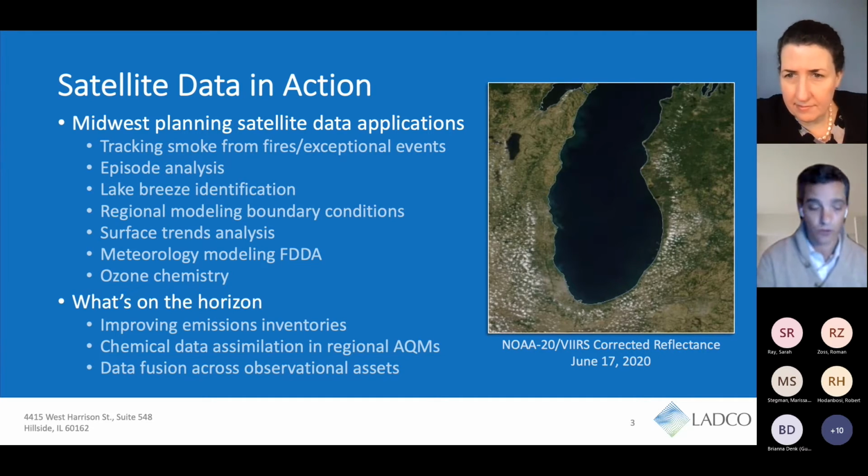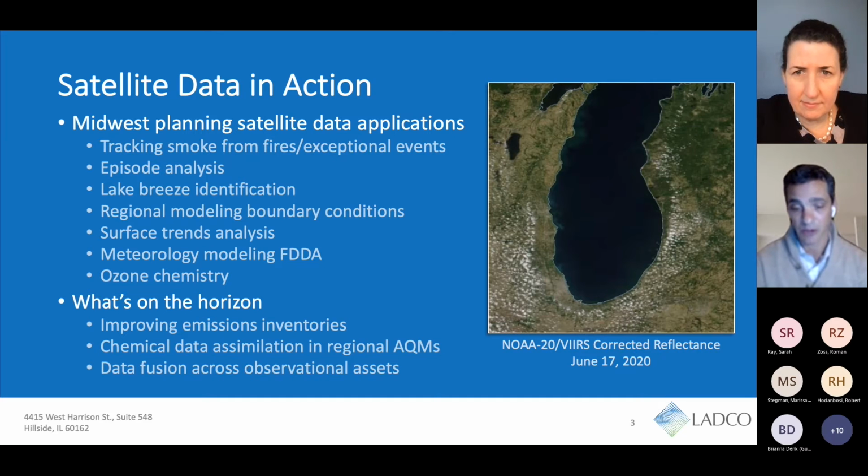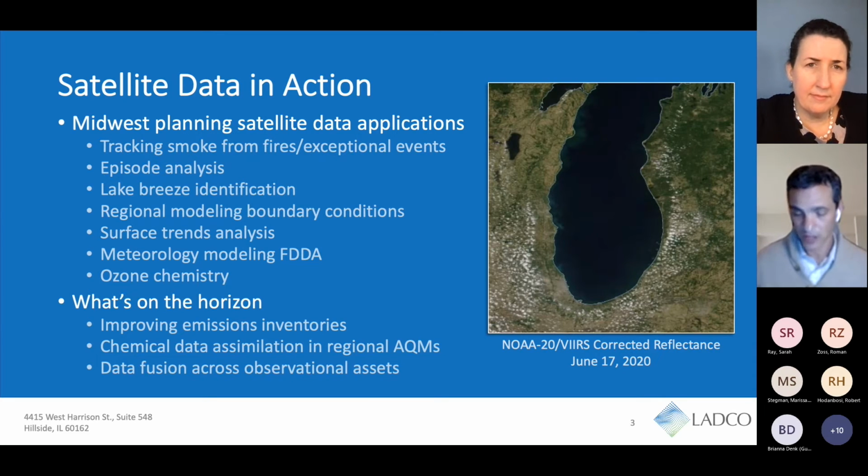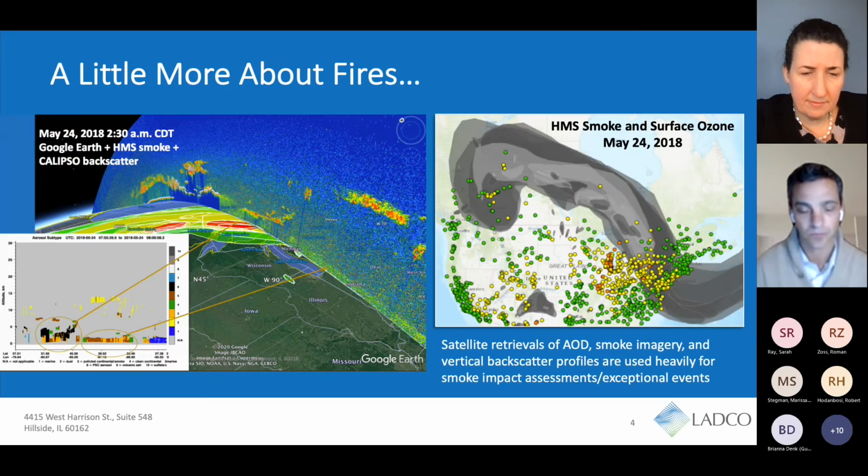So the same way that we use satellite retrievals of different meteorological parameters to nudge the MET models towards reality, there is active research in also assimilating satellite retrievals of chemical species to nudge the regional models back towards reality to improve the model solution. And then data fusion. How do we combine satellite data with surface station observations, even with sensors, and modeling data to get a fused data product that has multiple data sets integrated into it?